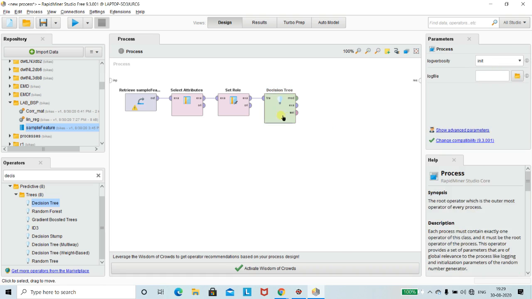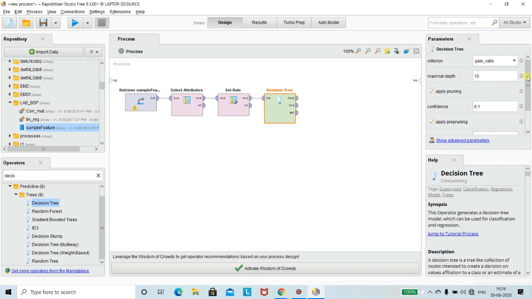Here, the criterion is about gain ratio, and other parameters are maximum depth, and then minimum gain, minimum leaf size. The leaf size also plays an important role in the accuracy of the decision tree. If it is a very small value, then it may overfit the accuracy. So that's why, since we are not sure about the leaf size in our attributes, right now we are sticking to the default parameters. And then